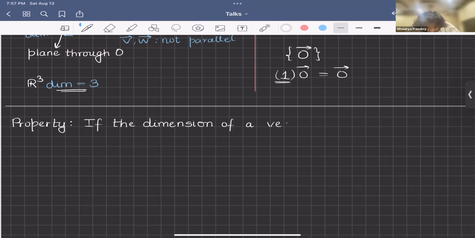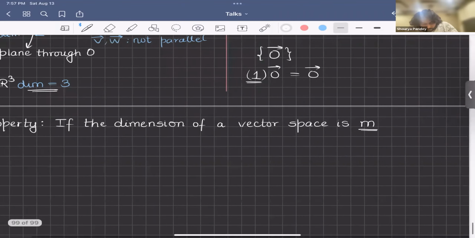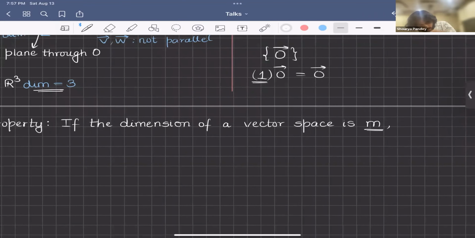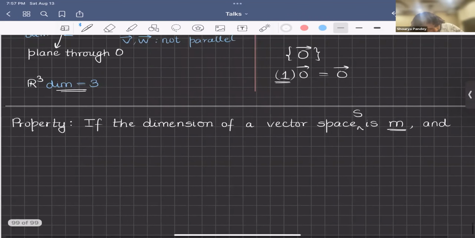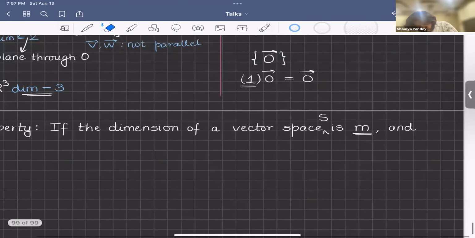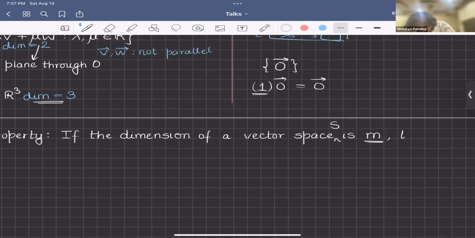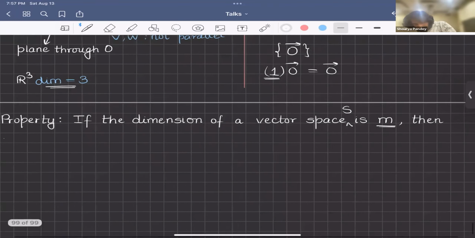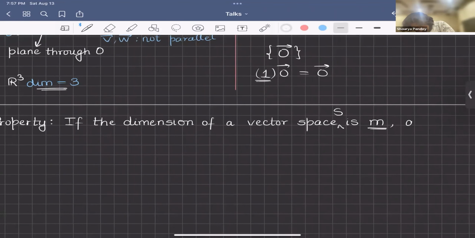If the dimension of a vector space S is M, M is commonly used for denoting dimension, and okay, let me, yeah. And if